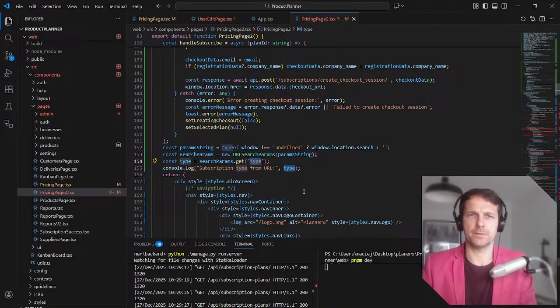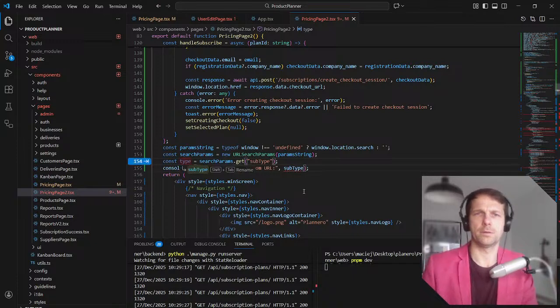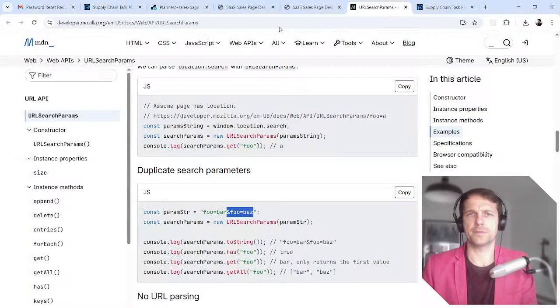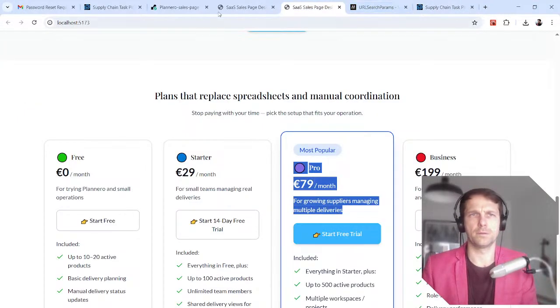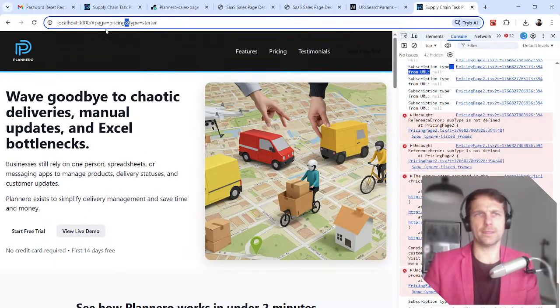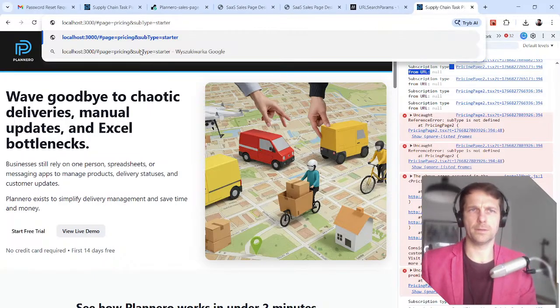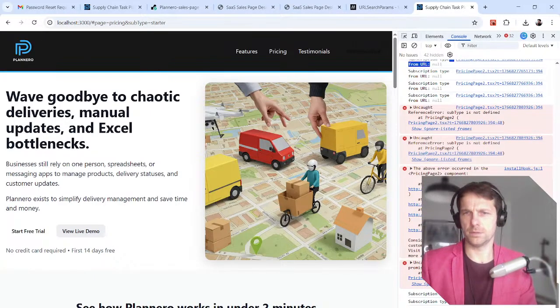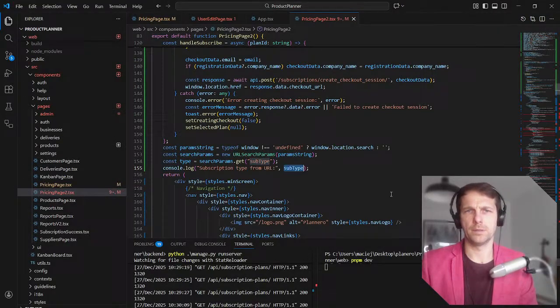Yeah, let's just have a subscription type. Oh, okay, and type here. Let's have subtype for now, because it does something funny actually. It's supposed to... Yeah, no, I'm passing my type here.